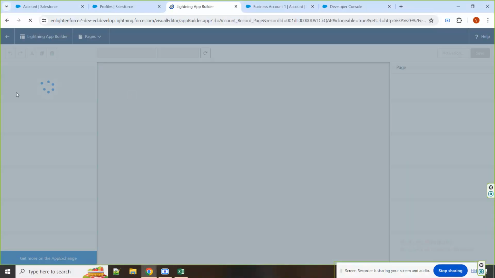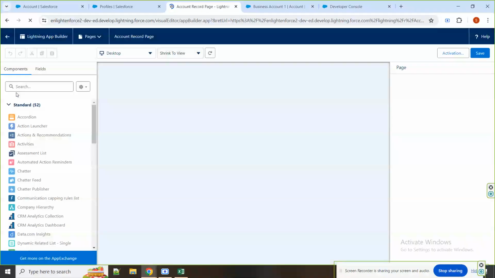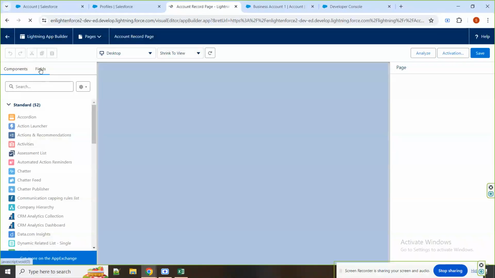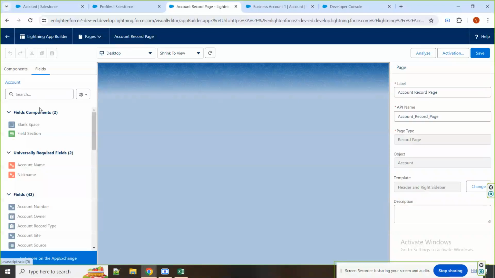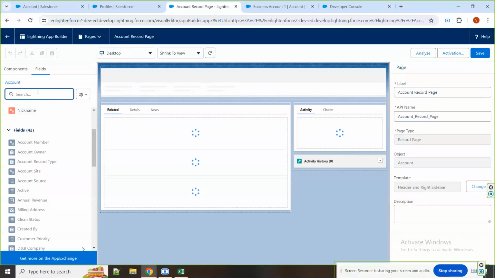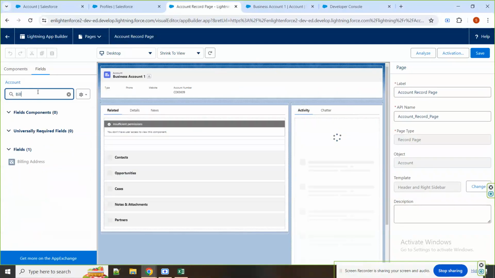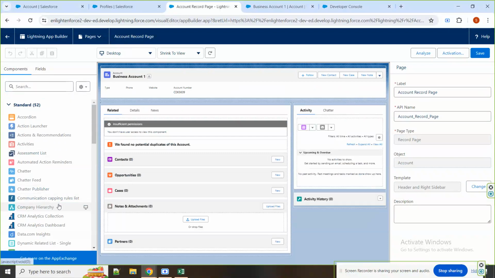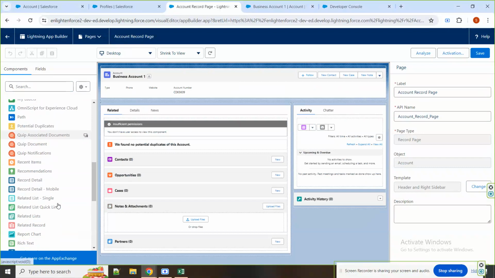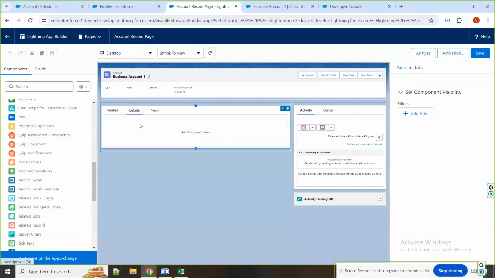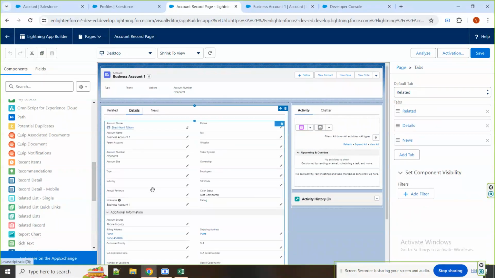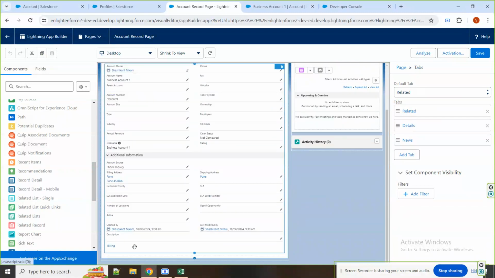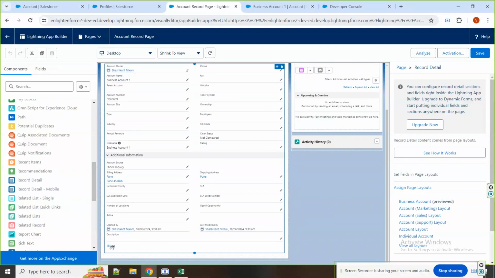And on the left side, you would see fields. No, billing is not. It's a component, right? And the detail page. This is the one you want to track, right? Yeah, it's there here, but